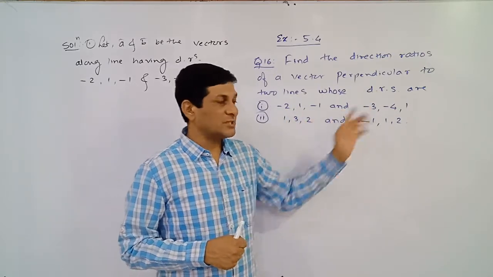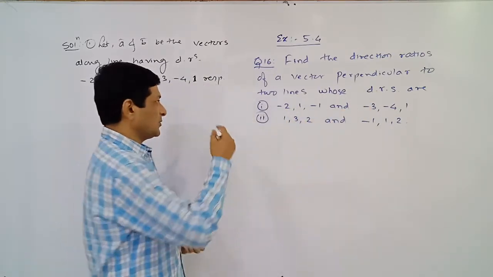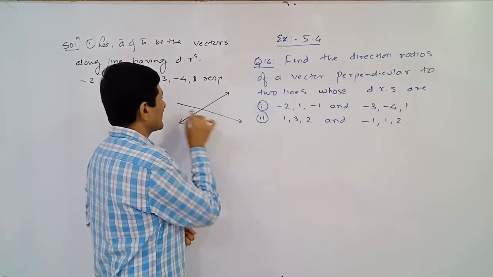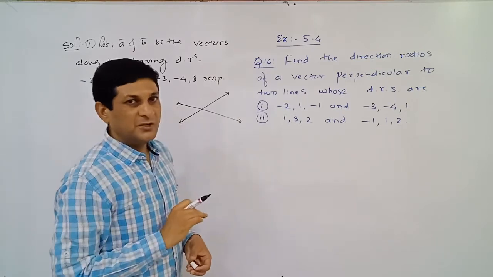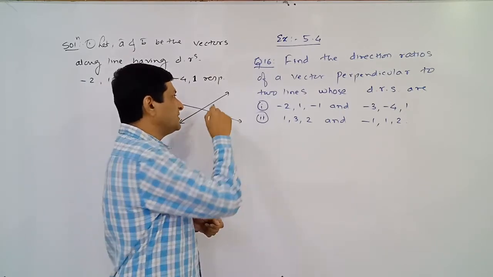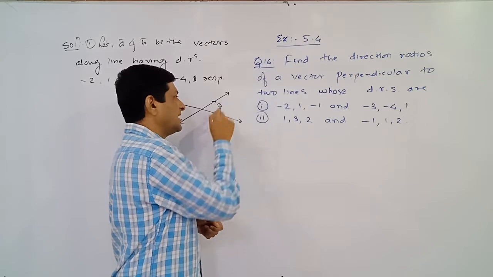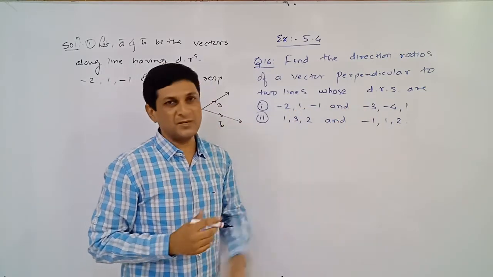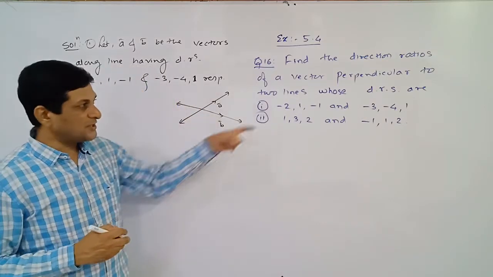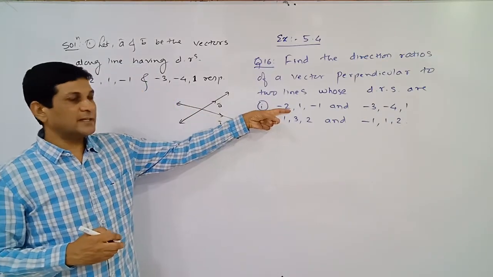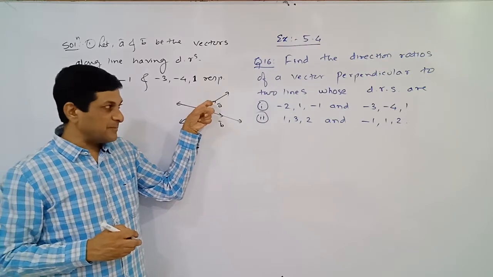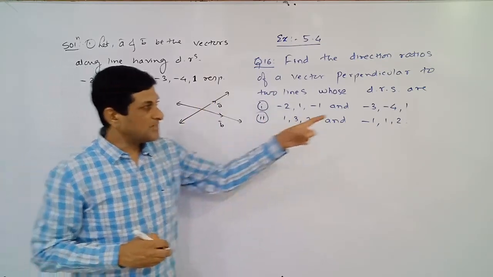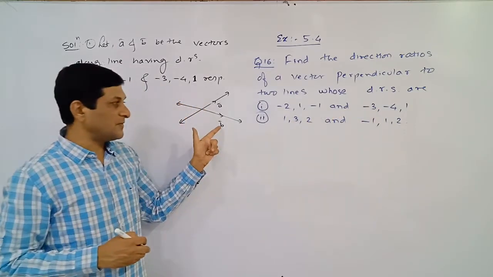Means these are the direction ratios of what? Two lines. So let us suppose that this will be the first line and this will be the second line. Now what we will do here, we will suppose that A bar is the vector along the first line and B bar is the vector along the second line whose direction ratios are given to us. From the direction ratio of the first line we will get the value of A bar, because A bar is the vector along this line having this direction ratio, and from the direction ratio of the second line we will get the value of B bar.